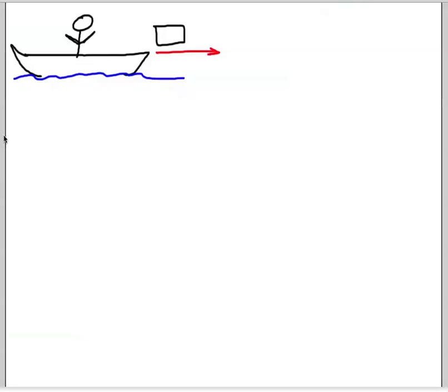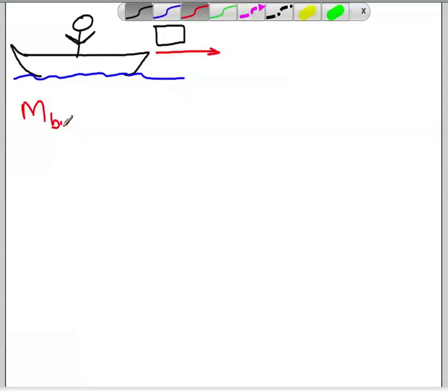Ignore the water resistance. I've made a quick sketch here on the board. You can see that there's a boat, and the box has now exited horizontally over to the right. Let's go ahead and write some initial conditions. Some initial conditions might be the mass of the box. The mass of the box is given to us as